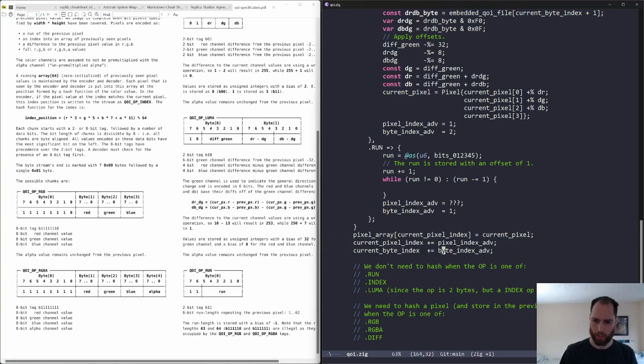And so I think that's fine. We can just set this pixel array twice, but we'll make sure that within this loop we do set everything. So we want to say, the current pixel array